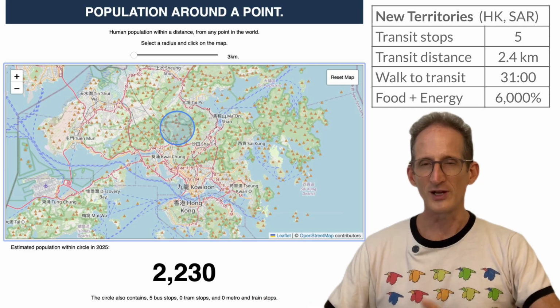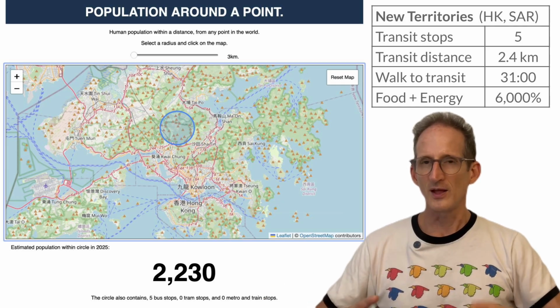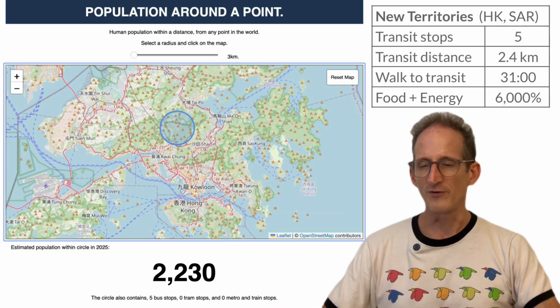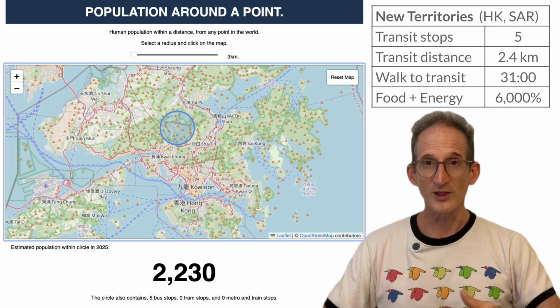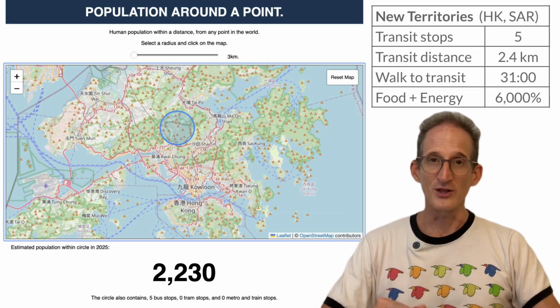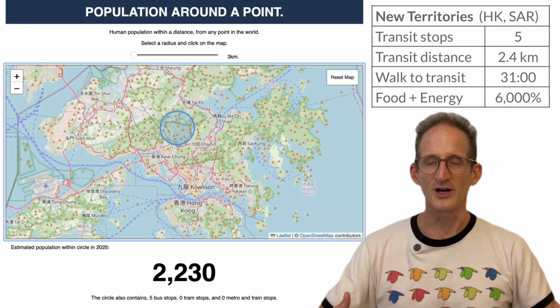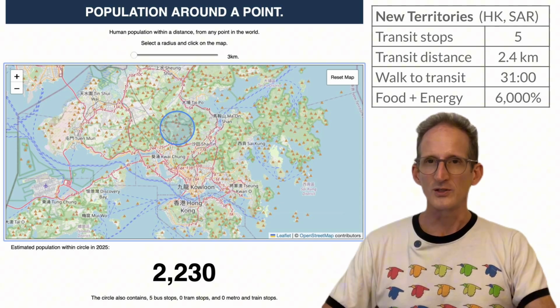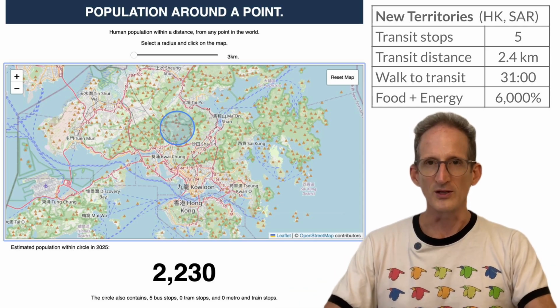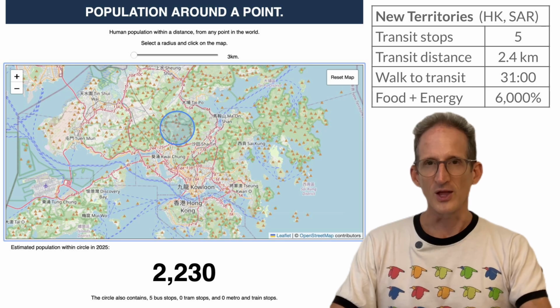And check out that food and energy score of 6,000%. In other words, that little circle could produce enough food to feed over 120,000 people. Now, that's just in theory. In practice, a lot of these are mountainous areas or watershed reserves. So it's not like you can go in and convert all of that to food and energy without serious ecological